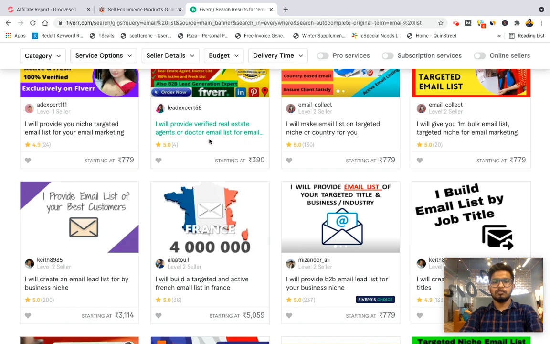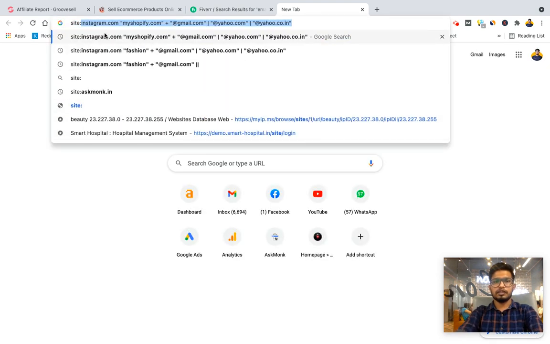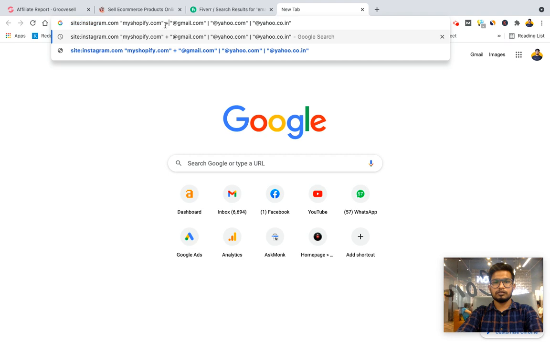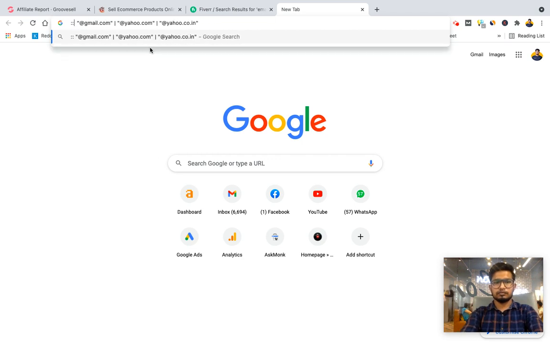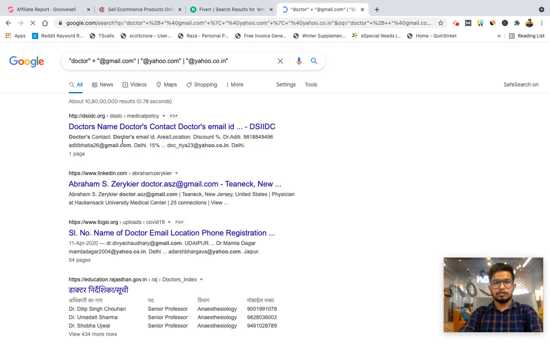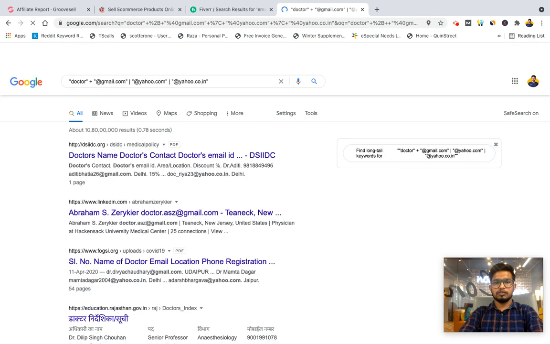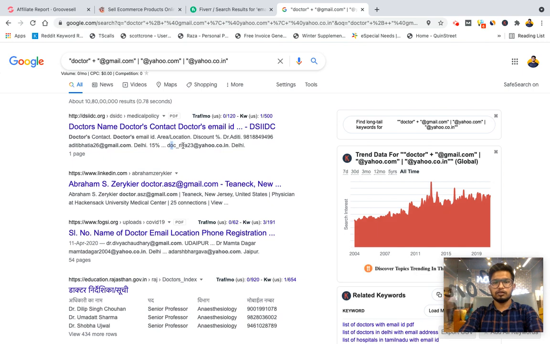If you want to provide this service, like real estate agents or doctor email lists, you can create your own query, and put doctor plus. Now you get a list of doctors and a list of emails of doctors.